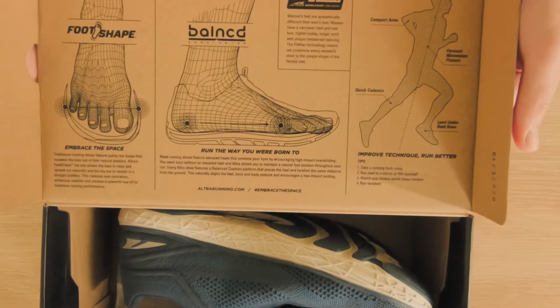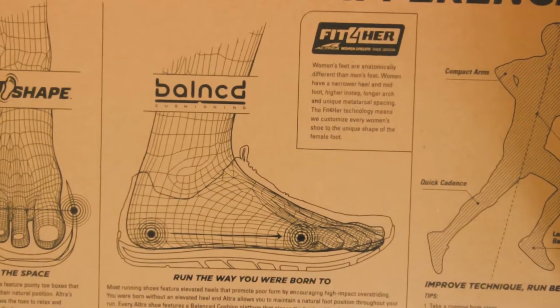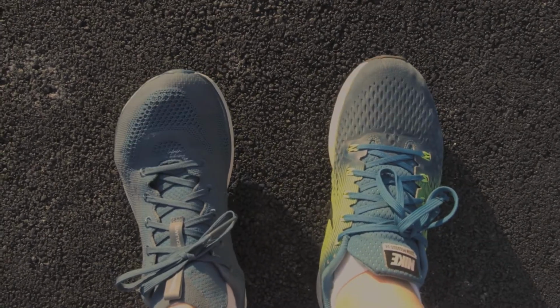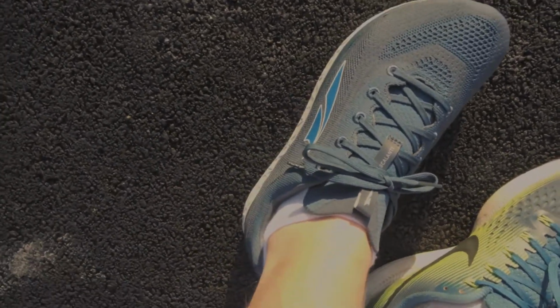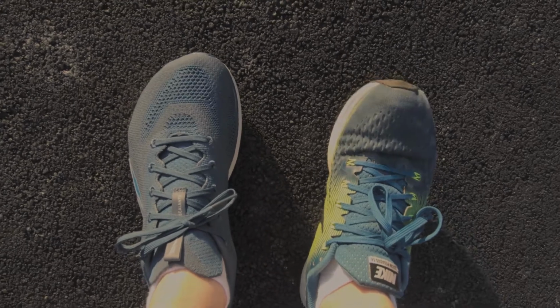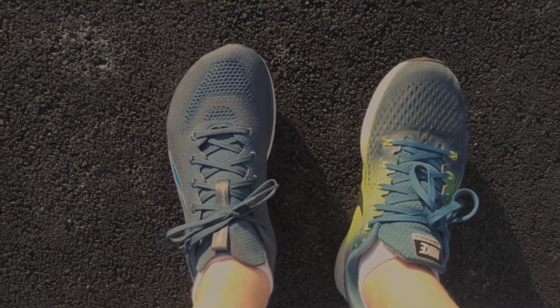The main selling point of the Altras is that their shape resembles the human foot. These are my first Altras, and compared to my Nike Pegasus 34s, the feel on foot is mind-blowing. The Pegs were the most comfortable running shoes I ever had, but the Escalantes are at a different level of comfort. I have a pretty wide foot, and these shoes just let it sit in a completely natural position, as